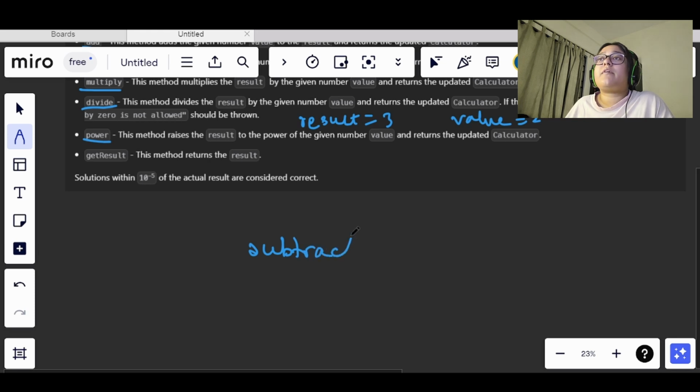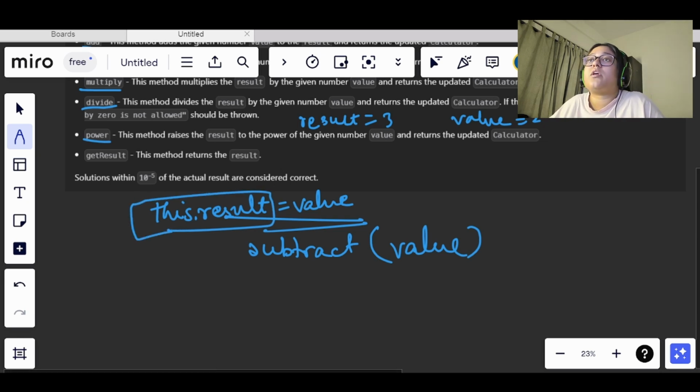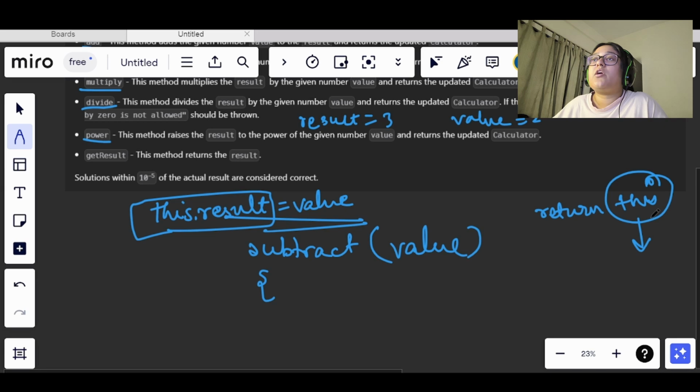Now in this we are passing a value, and in our constructor we have declared this.result, and this result will have some initial value, right? Whatever changes are made will be stored in this.result only. So what we need to do here is use method chaining. In order to use method chaining, we will be returning this from each function. This will carry the entire detail of whatever changes were made in this function, and it will be returned to the function which is called just after that.